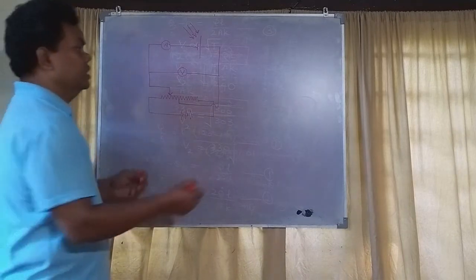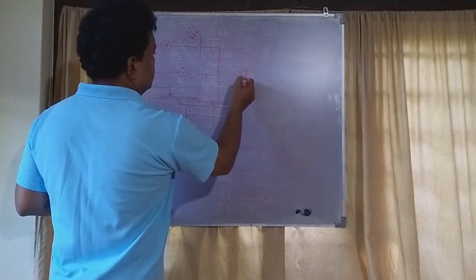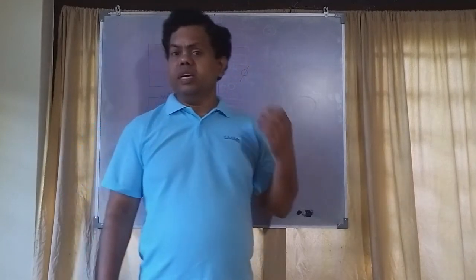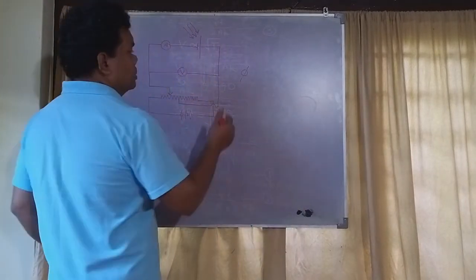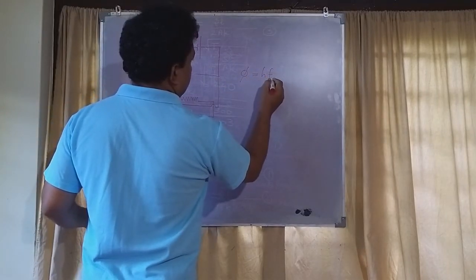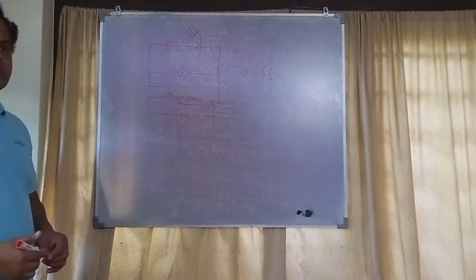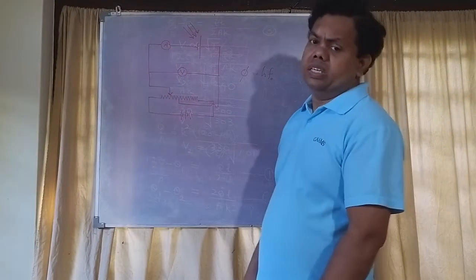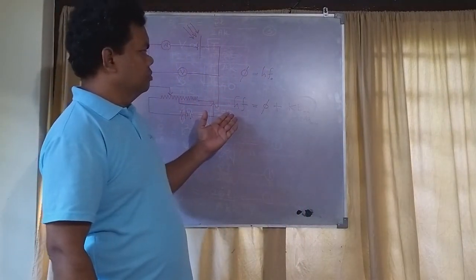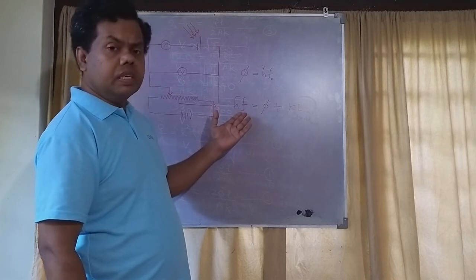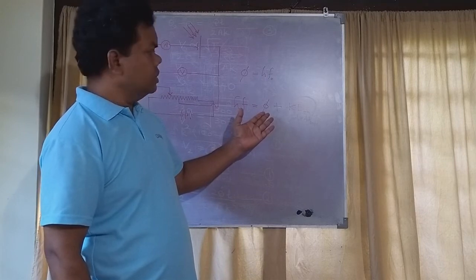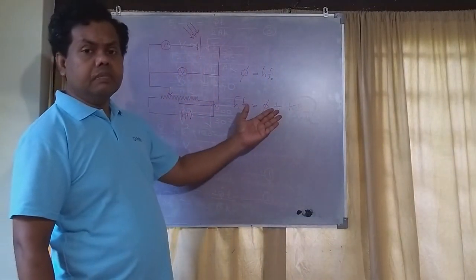denoted by phi. If the threshold frequency is F naught, phi is given by h F naught. Einstein's complete photoelectric equation is as follows. Here F is the frequency of incident radiation, phi is the work function, K max is the maximum kinetic energy